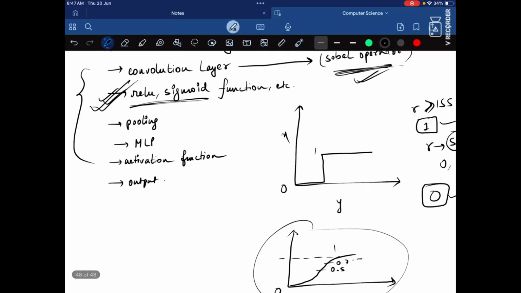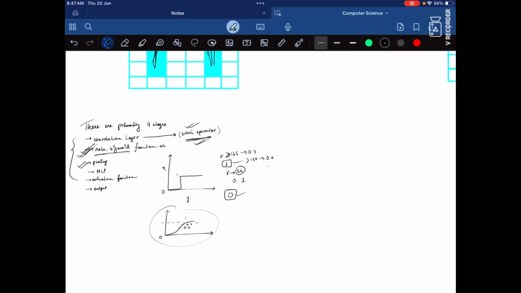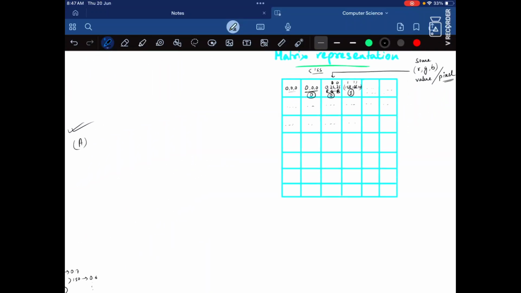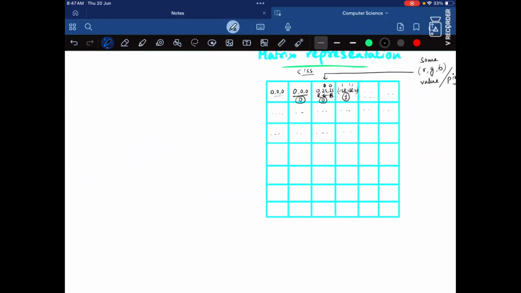Now comes the third part, that is the pooling layer. What we do in pooling is that we cannot see the whole image, it is a very big grid. Suppose it's a 256 times 256 grid. Training this many nodes would be a pain.